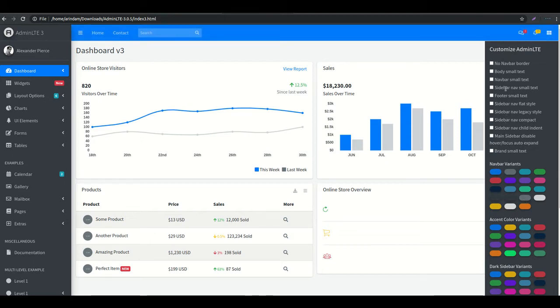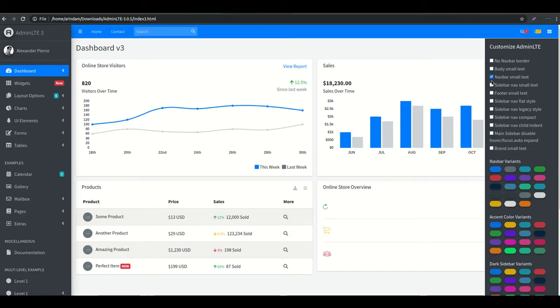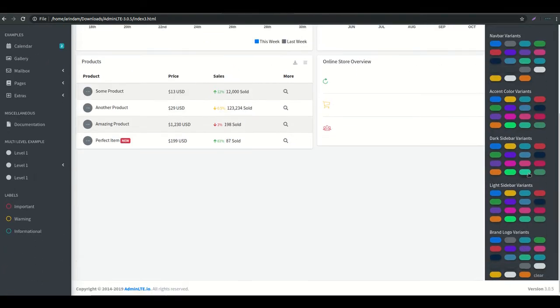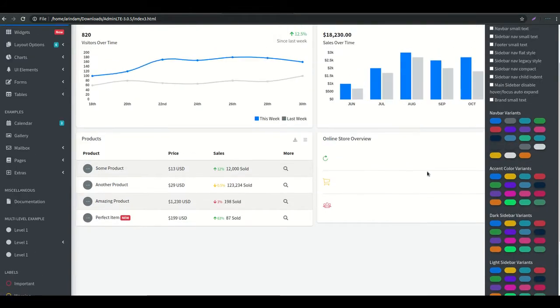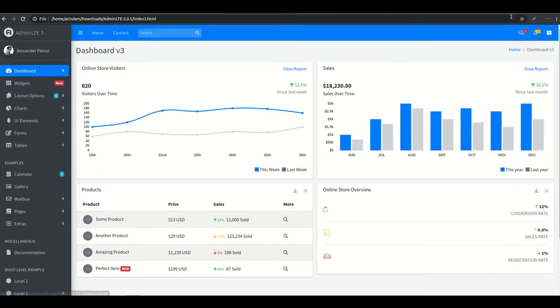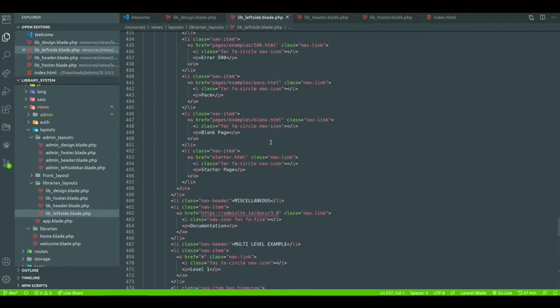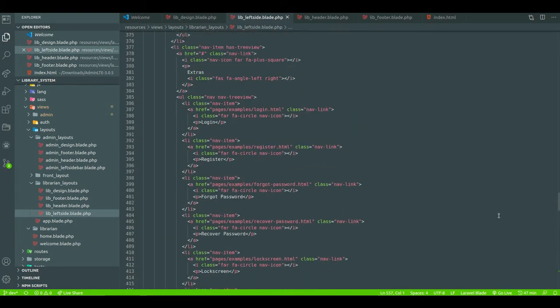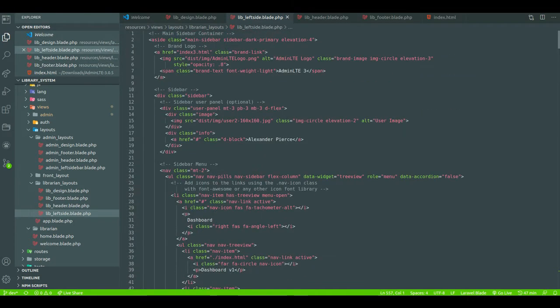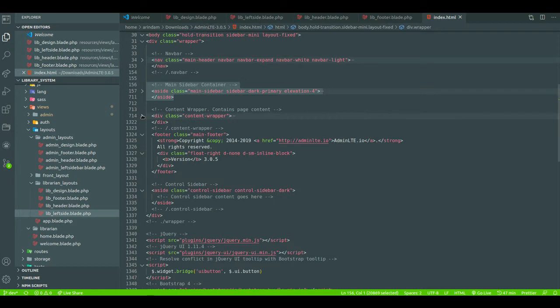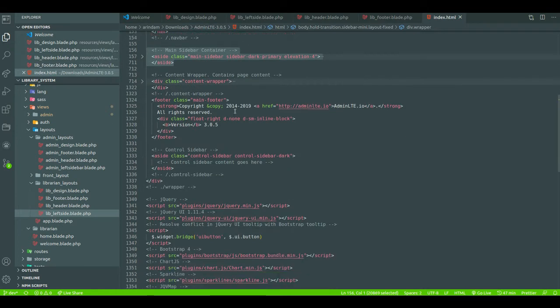Okay, we also use this one. Okay, we will also take this, or you can also remove this one, anything you want. So this is basically the right sidebar. Okay, that I will talk with you later. This is the left sidebar. This is the main container. So this is the container.